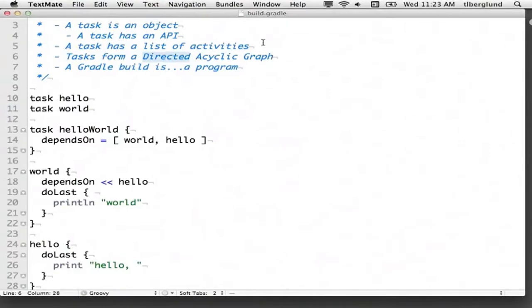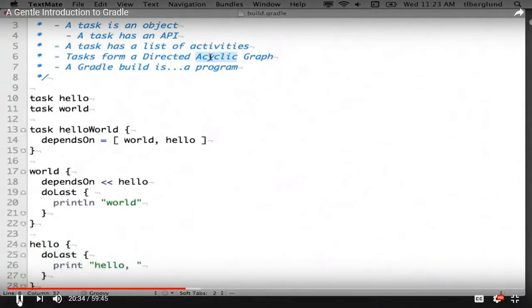It's directed, of course, because one task, hello world, depends on other tasks. This does not express that hello depends on hello world, but hello world depends on hello. And world in turn depends on hello, and so forth. So it's directed. It's acyclic in that you can't have one task A depending on B and B depending on A. If you try that, Gradle will slap you gently